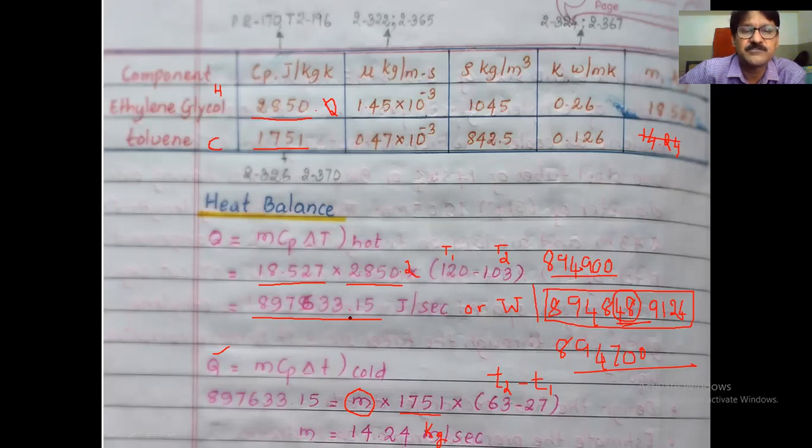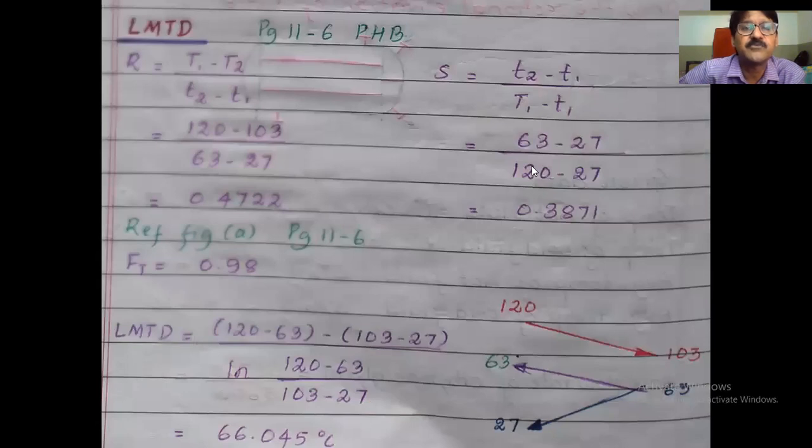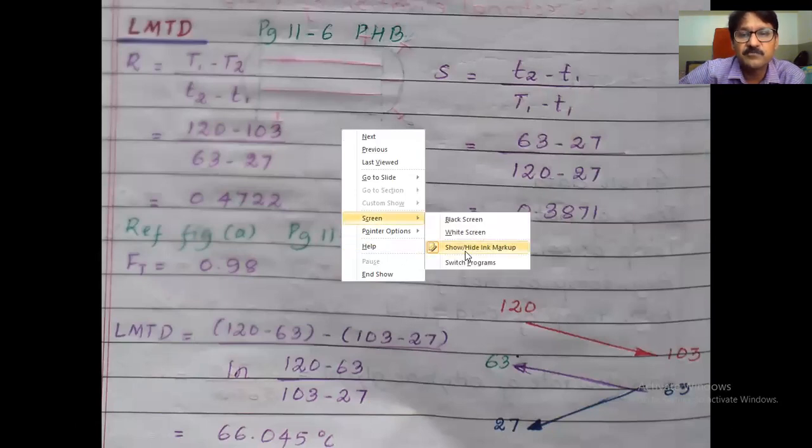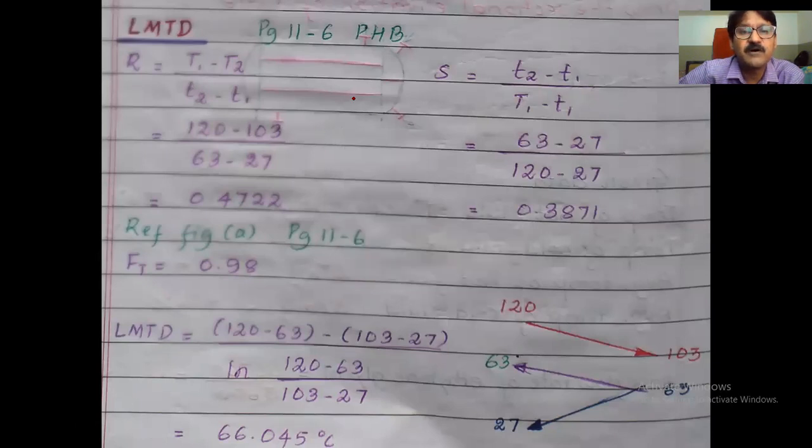So this is the first step. What you did, you found Q. This is very important for the calculation, and the mass flow rate of the cold fluid you also got. Next, come to the LMTD. For LMTD, first write the inlet and outlet temperatures. Follow what I write now. Write hot fluid T1 here, this is T2, it is going down. And it is counter current. Counter current means opposite.